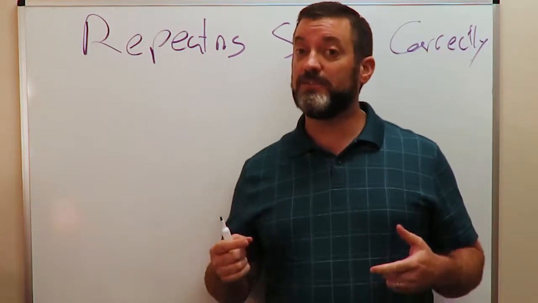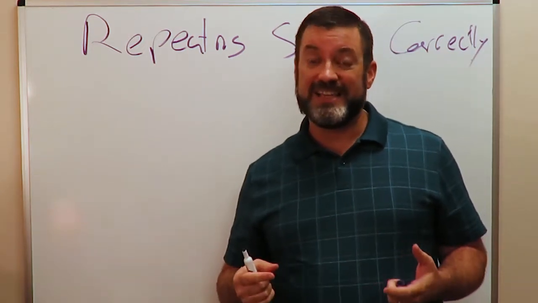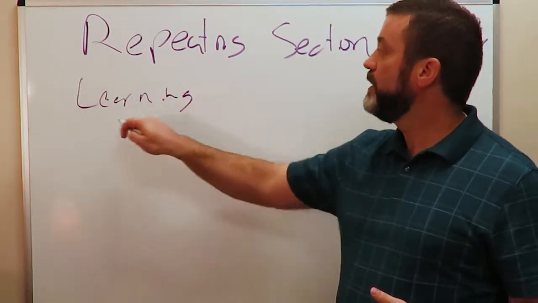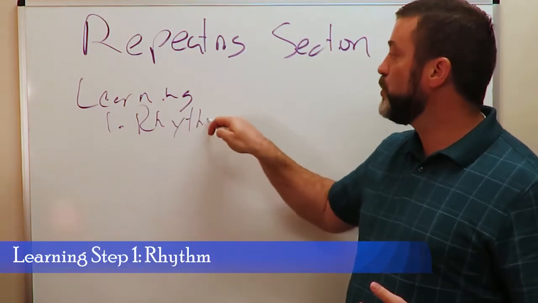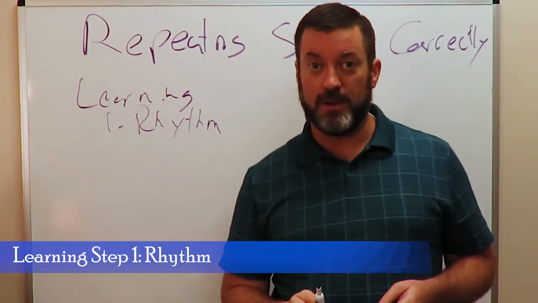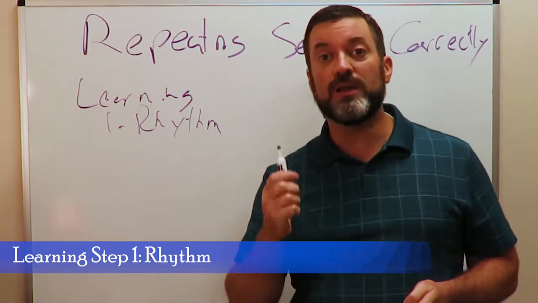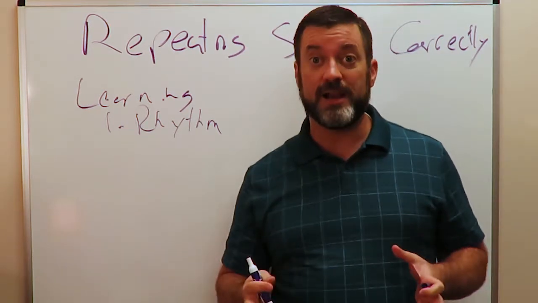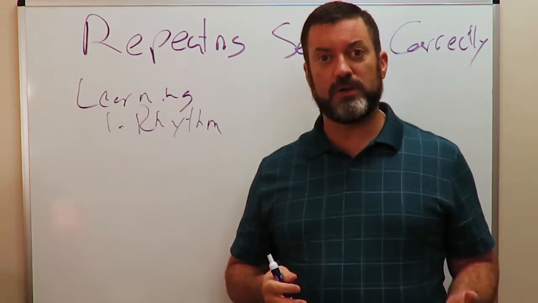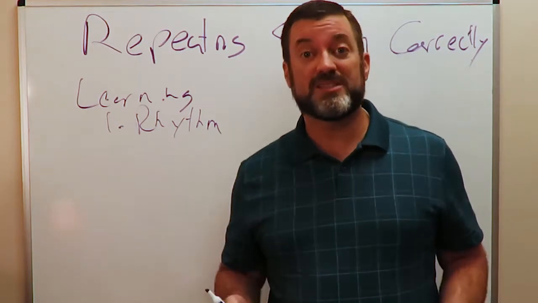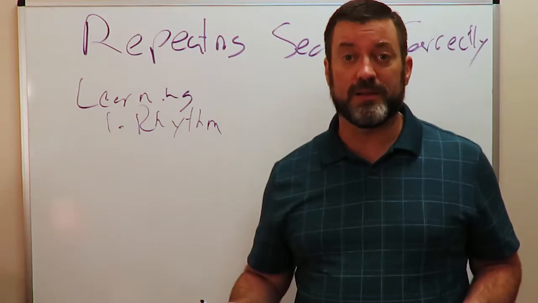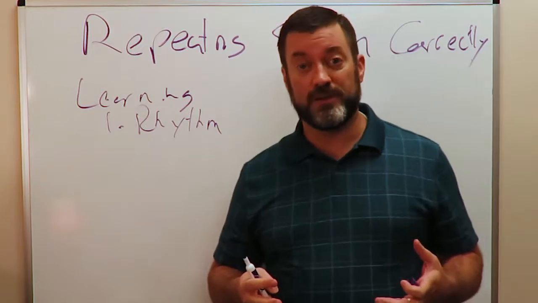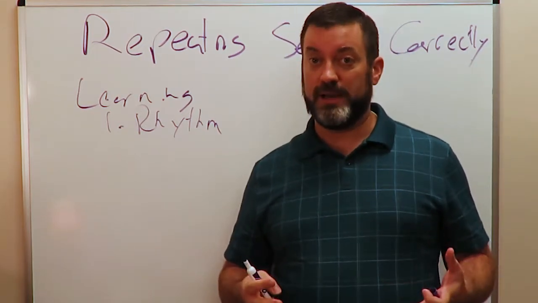Whenever we go about the process of learning, I like to break it down into these steps in this order. When you're learning, one, make sure you're doing the rhythm correctly. Spend time focusing only on the rhythm. Now, with piano music, you have a lot of times where there are coinciding rhythms. So, when we first start learning, we learn the rhythms hand separately. We learn the rhythm for the right hand or the rhythm for the melody. And then we learn the rhythm for the accompaniment. And then we go about the process of making sure those two rhythms happen together correctly and coordinating that.